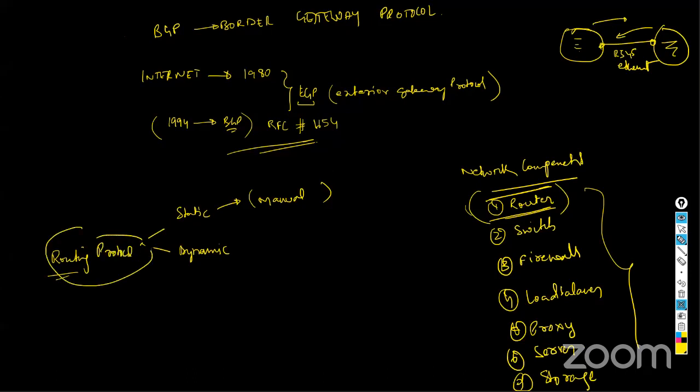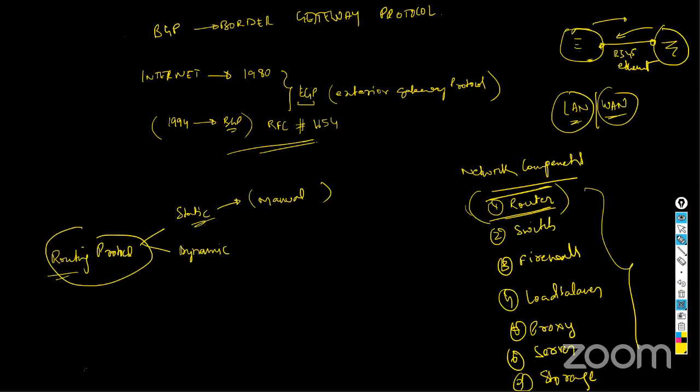Depending upon the usage, whether you're using it inside a LAN or over a WAN, local area network and wide area network, which I don't want to go into now. Depending upon the router placement, we have different protocols. The two variations are static and dynamic. Static is something where we manually define.